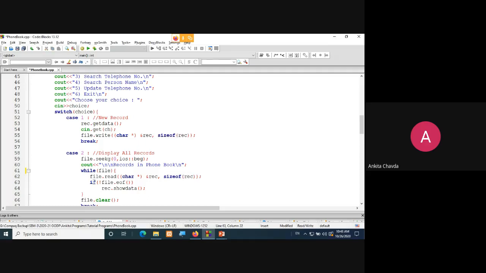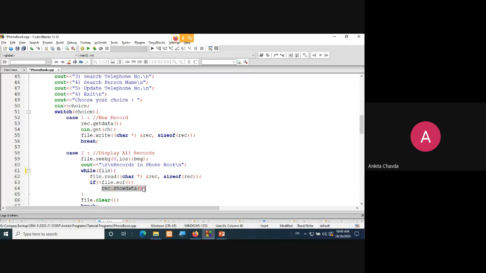And if your file has not reached EOF yet, at that time you will do rec.showdata. The showdata function will simply show you all the contents on your monitor screen, right?